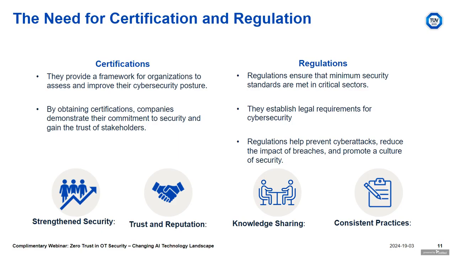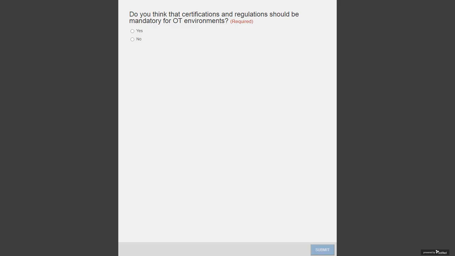So we understand the importance of these regulations is paramount. The benefits of these regulations coming out are various conformity statements, where objectivity, trust and transparency, and market access matter. In some cases, compliance with a specific regulation or certification may become a requirement for market access in certain industries, which strengthens security, relationships, trust and reputation, knowledge sharing, and consistency of practice, which we just recently covered.